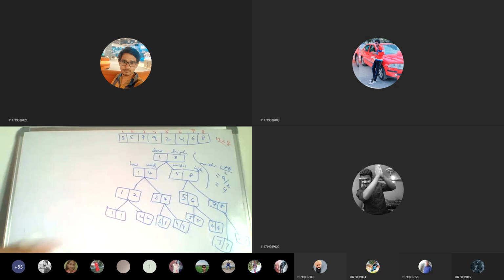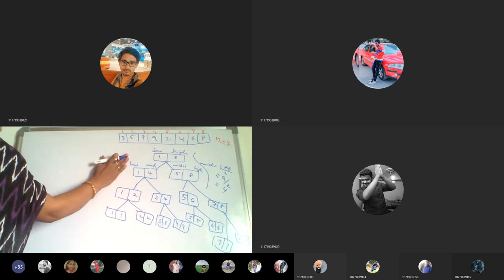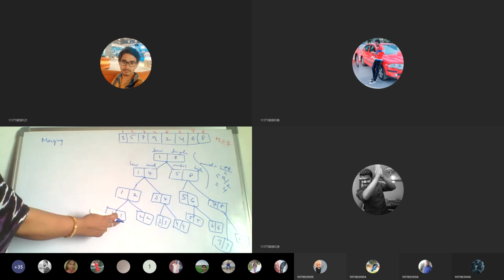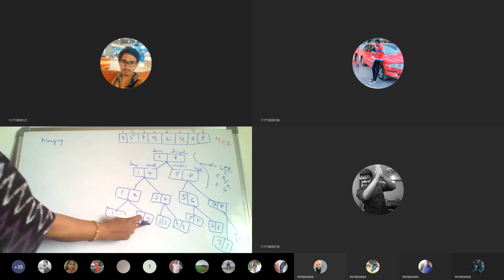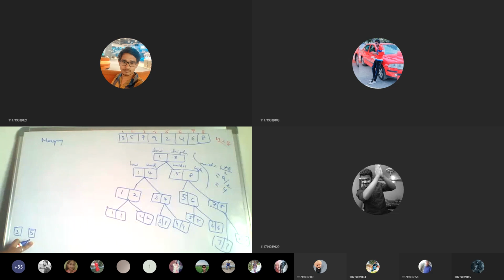So this is the recursive tree structure for calling merge sort. And for merging, what exactly do we do when only one element is there? Directly I am writing the elements here. When only one element is there, 3, and the second element is 5, I am writing the elements whatever are there. So this is 3 and this is 5.